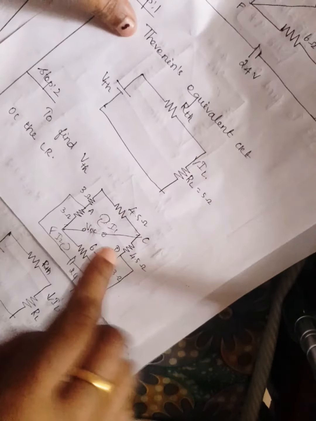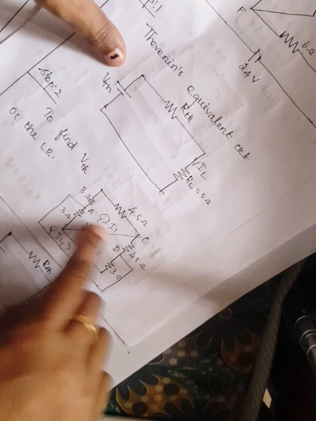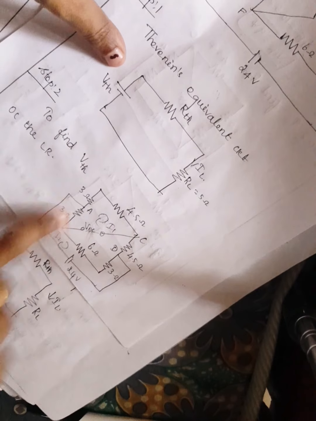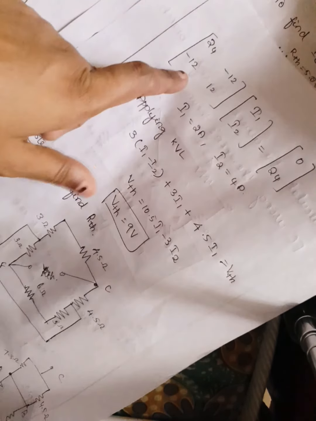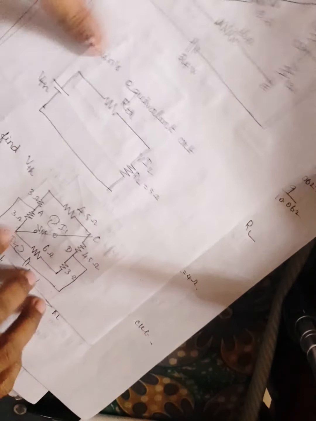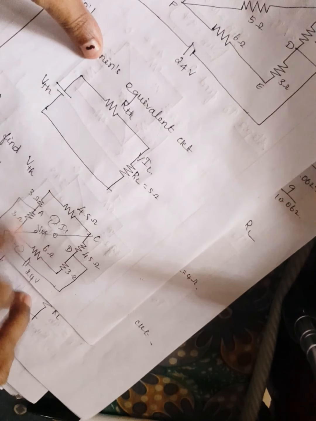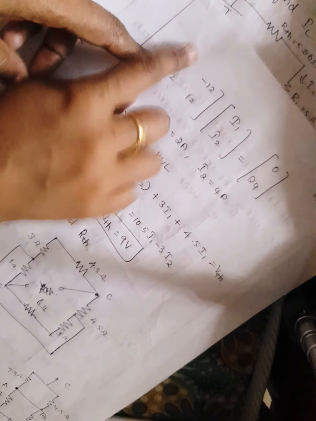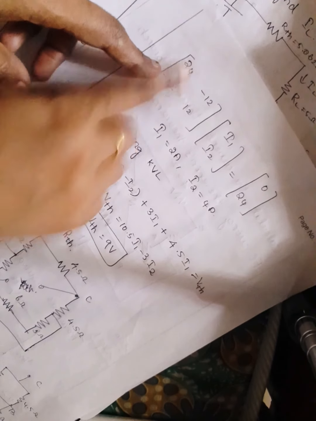Now the common resistor in the first and second loop. So what are the common resistors in the first and second loop? 3 plus 6, 9, 9 plus 3, 12. Okay, 12. So we mark it as 12. Now the second loop, what are the resistors in the second loop? 3 plus 6 plus 3, that is 12. Okay, so now the diagonal elements you mark as positive, and the remaining elements negative.